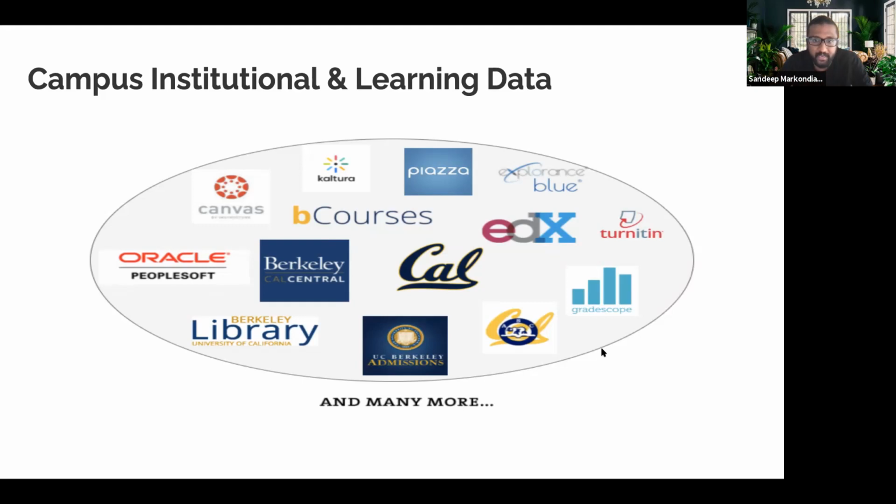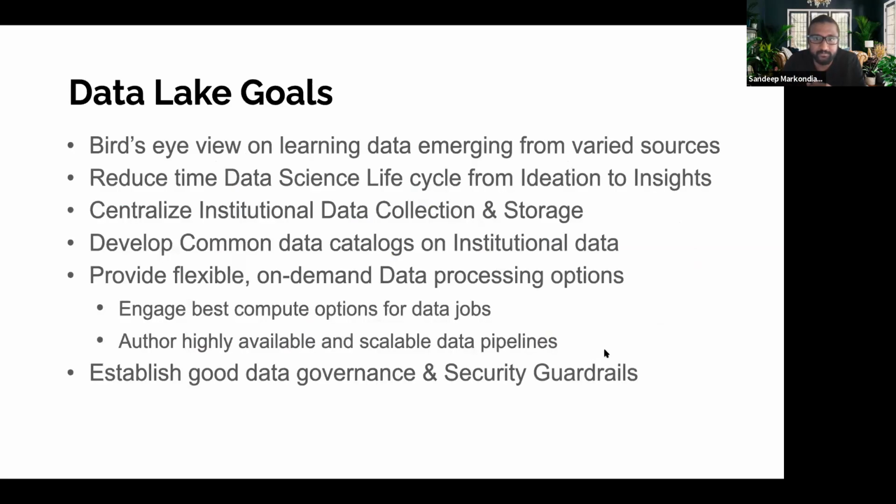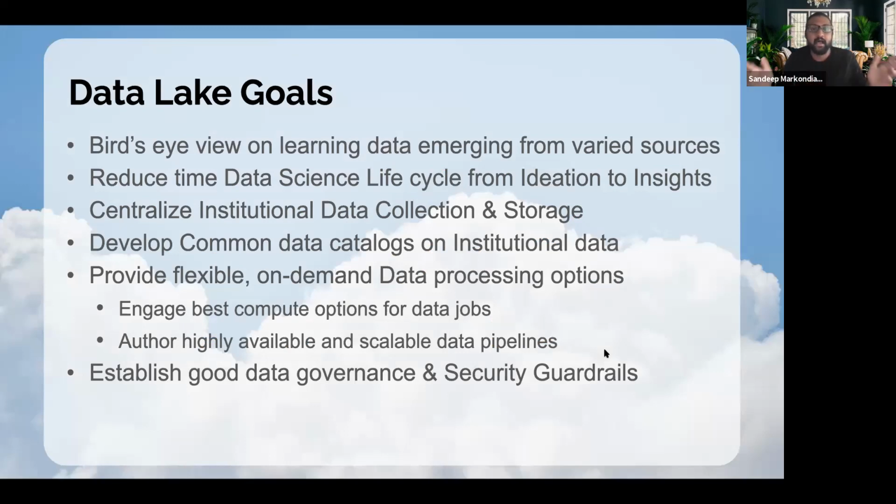And then we also have admissions data, etc. So all the data sets that you're seeing over here, at least 90% of them, we have already started bringing into the data lake in some shape or form. Next slide, Stu. Okay, the high level goals of the data lake, or the design constructs that we were looking for as a solution, is